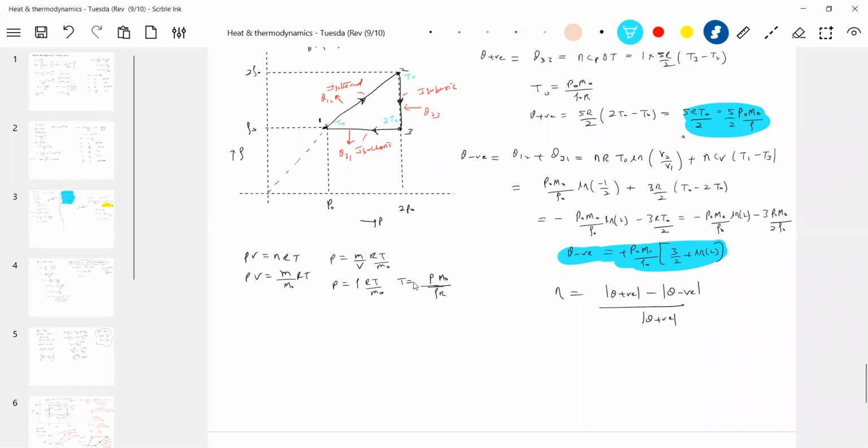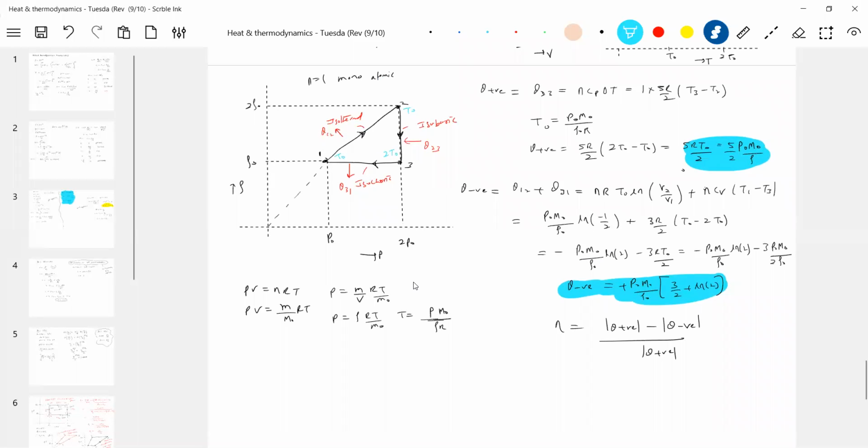Now, for that, what happens? We have temperature, density, pressure. We need only one volume. How to bring the volume? I look at point one. At point one, the equation is P naught V naught equals R T naught. I wanted the volume expression. Pressure already is there. So what is the volume? Volume will be R T naught by P naught. T naught we don't know. So R T naught, what can we write it as?